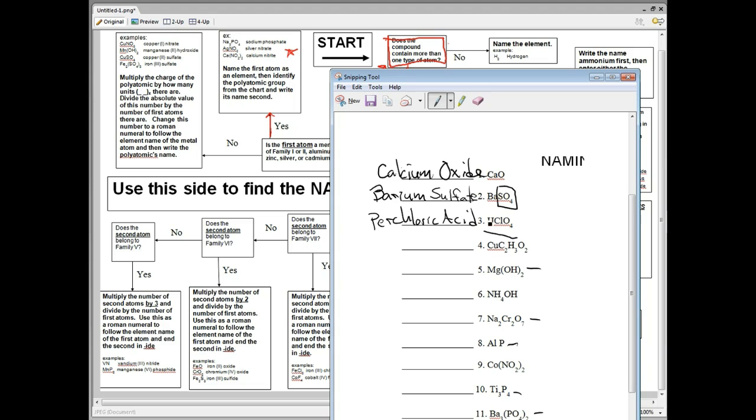Perchloric acid. Alright, in the next video, we'll talk about how to do number 4. And number 9 will be just like